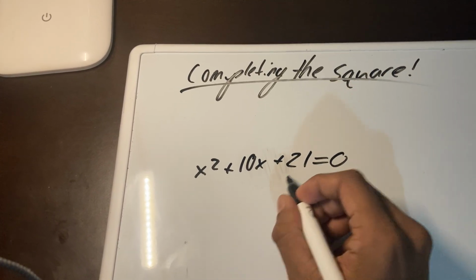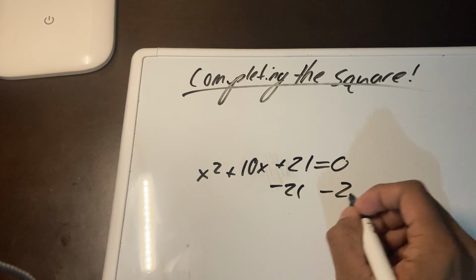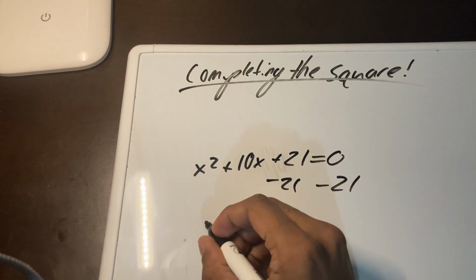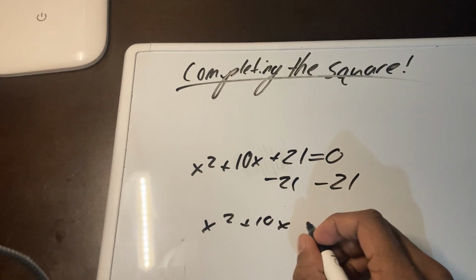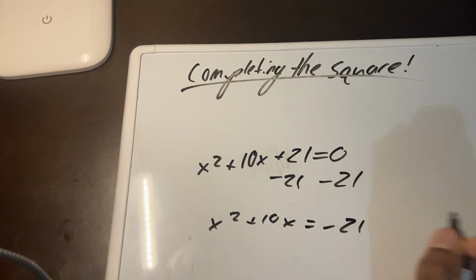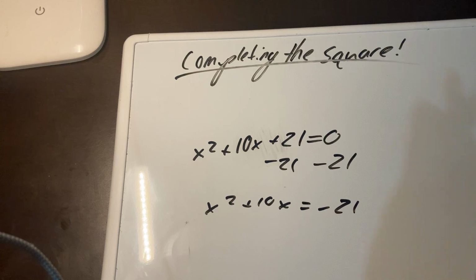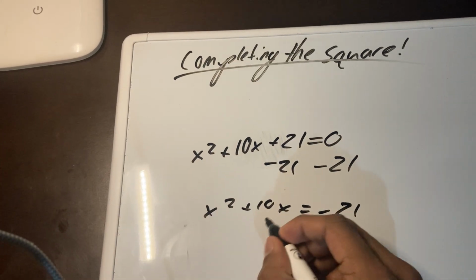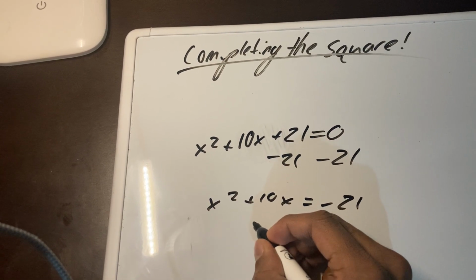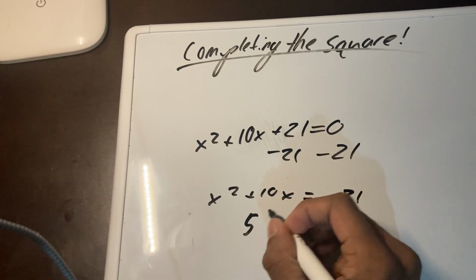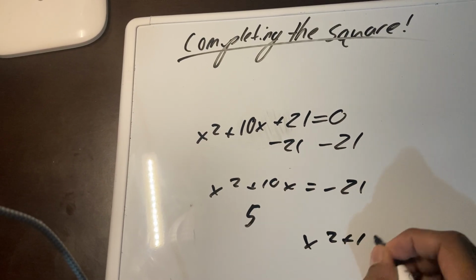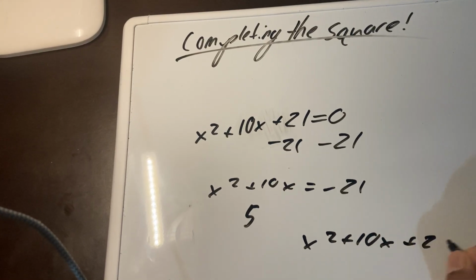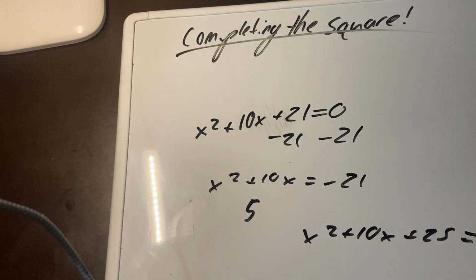to start with this, we have to subtract 21 on both sides, like at the constant on the other side of the equation, x squared plus 10x equals negative 21. But the thing we do differently right now is we find half of 10x, half of 10, which is 5, and the square of 5 is 25, so we get x squared plus 10x plus 25 equals minus 21